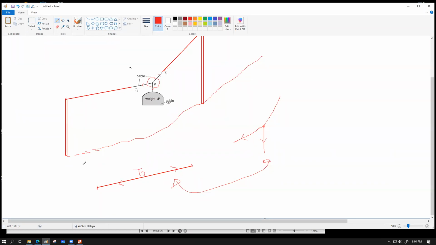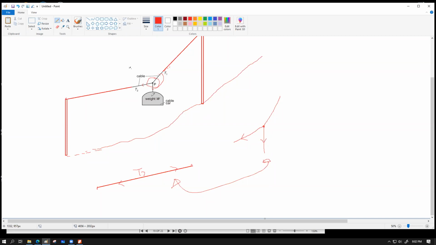T2 is pulling that connection point to the left. T2 is not pushing. I mean, if this was a pushing force, then why should we have this angle in the first place? স্যার পুশ না স্যার, ওয়েটটা যে নিচের দিকে ওয়ার্ক করছে না, Yes. তো T2 এর উপর পুল করবে না।